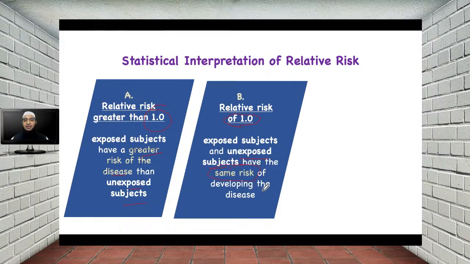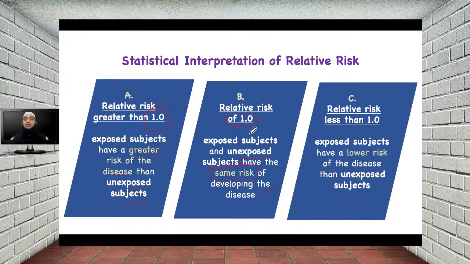If that is the case, then the relative risk is equal to 1. Okay, now let's see what it means when the relative risk is less than 1. It is just the inverse of the previous case, where the exposed subjects have a lower risk of the disease as compared to unexposed subjects. So this is the desirable group. You want to continue with the medicine when it shows that the exposed subjects, those who are taking the medicine, have